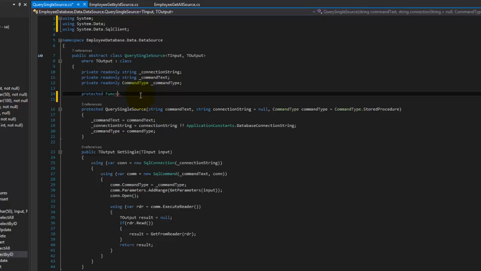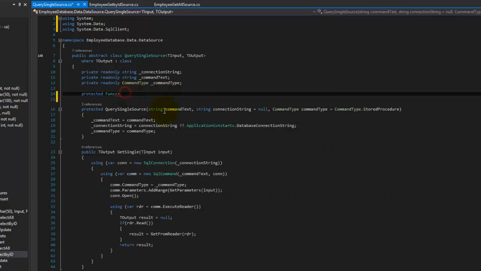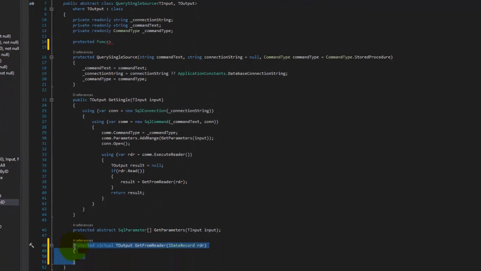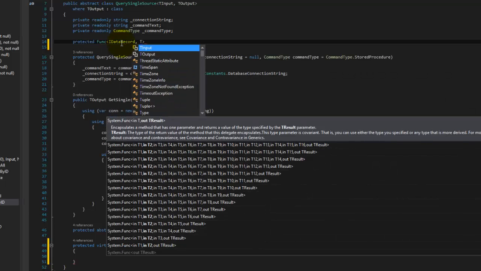But anyway, so the Func type takes one or more generic parameters, and the very last parameter is going to represent your output, and everything before it is going to be considered an input. So you can have one input, two inputs, three inputs, it doesn't matter. What we're going to do is create a delegate that's going to take care of this get from reader. So the method signature has to be the same in that it takes in an IDataRecord and outputs whatever TOutput ends up being, right? So we'll mimic that here. Takes in an IDataRecord and outputs a TOutput,